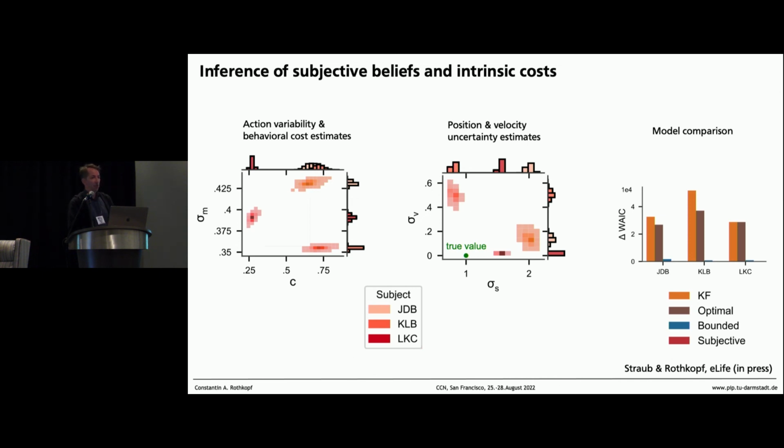And as usual, we do proper model comparison to at least adjudicate between these models that we have here. Of course, there are many other models that we could think of, but at least these now quantify the behavioral costs, the internal subjective utilities people have, their subjective assumptions, beliefs about the stimulus, so to speak, the experiment, and their uncertainties. Okay,